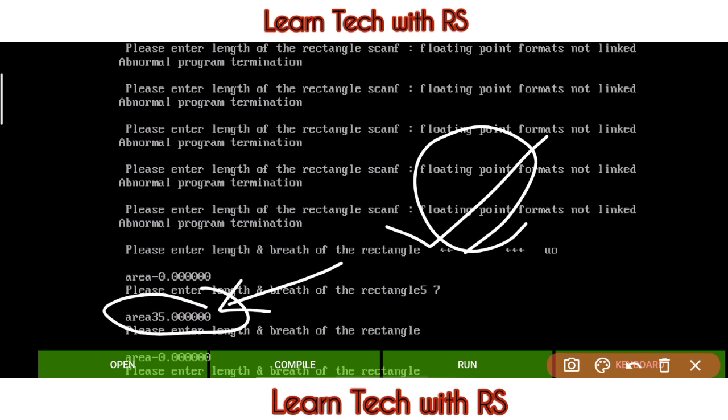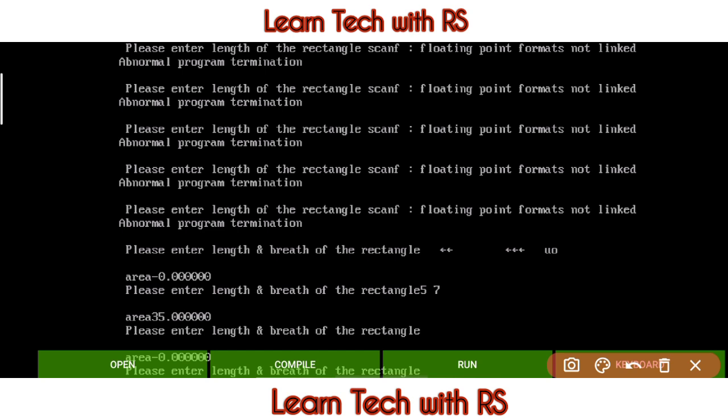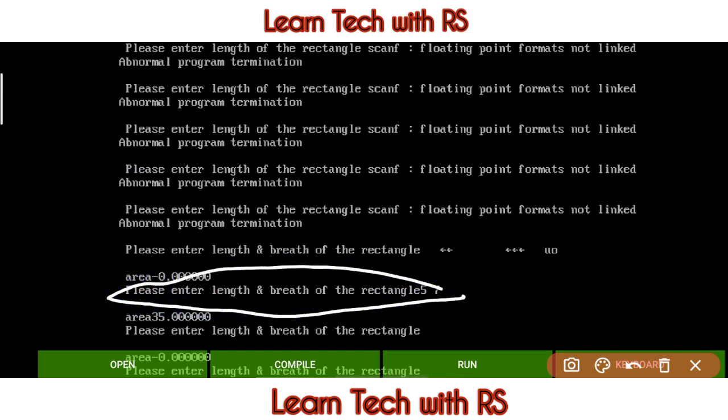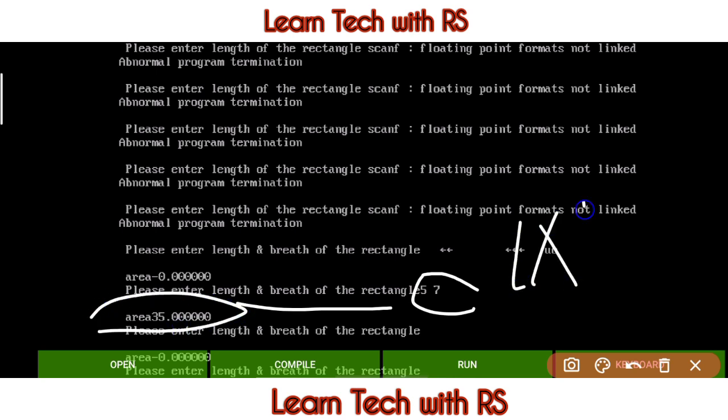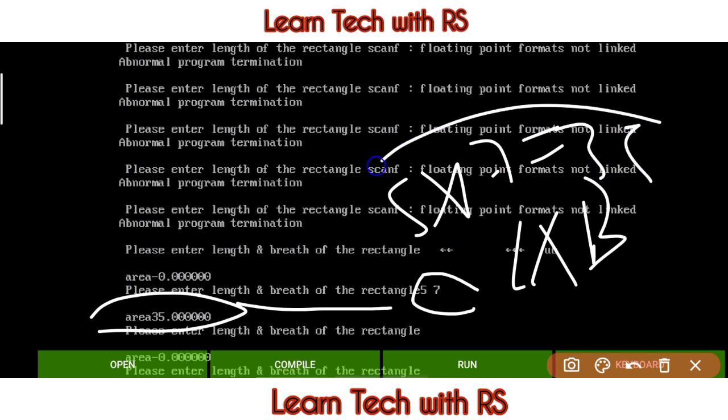So we have got the program which we wrote in Android for finding the area of a rectangle from its length and breadth, right? We took an example 5 and 7 and we got the area, that is length into breadth. So 5 into 7 is equal to 35. Okay.